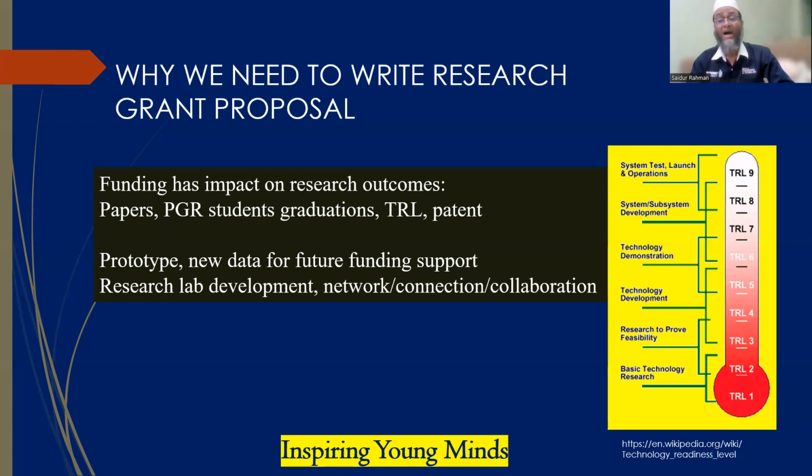It also will help researchers, academicians to make their technology readiness level go from lower level to higher level. Funding also helps us to plan, prepare for longer term goals such as prototypes, and also